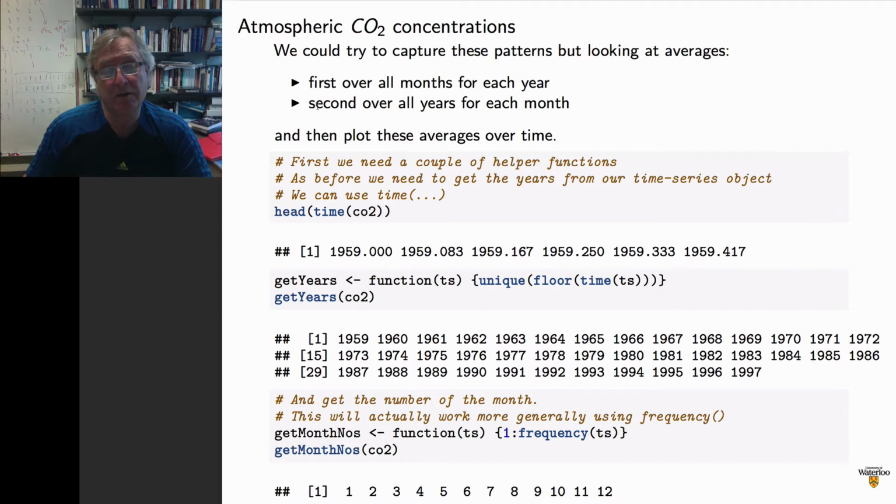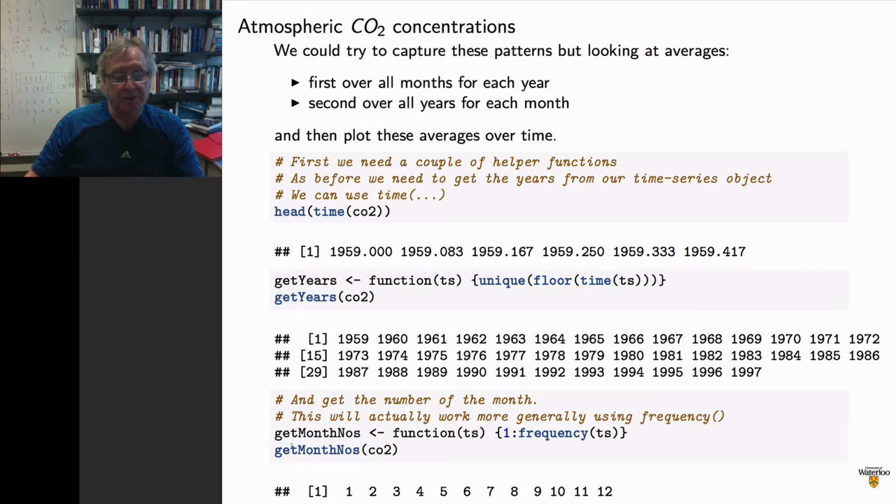In the same way, I could think about, well, why don't I take every January and average the measurements over all years? So I take the Januaries for every year and average those, much like we did before. We can do it now, except we're doing it over years for each month rather than over all months for each year. So to get at that programmatically, I'm going to be able to get some years out of this data